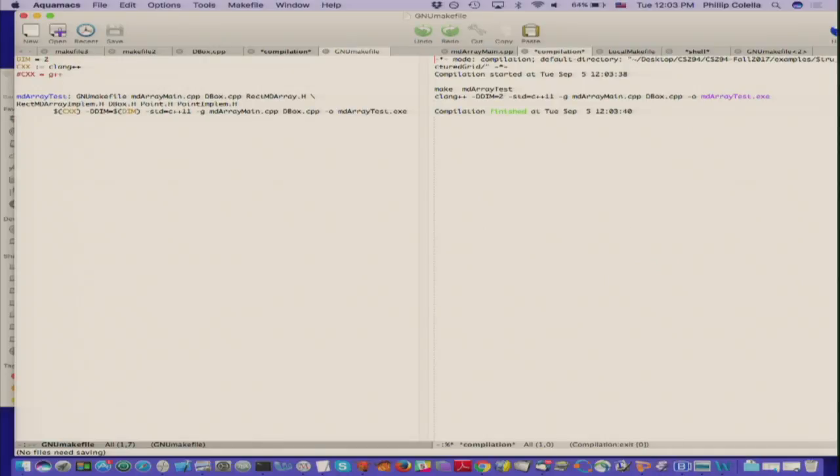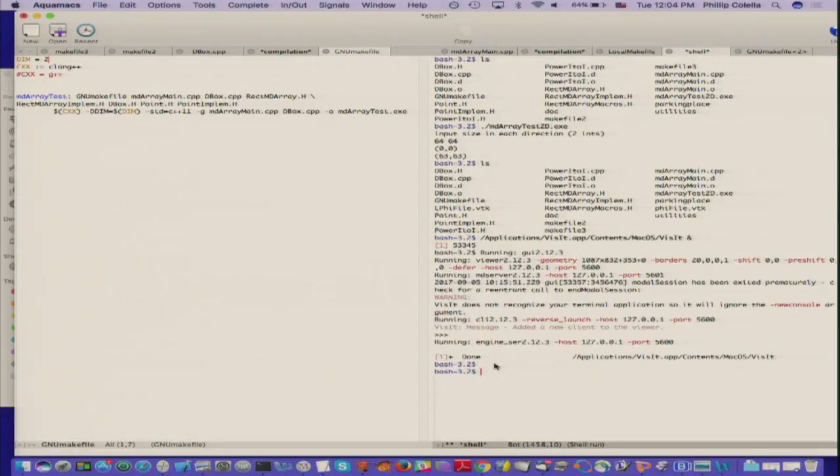and we're off. And in fact, here's the compilation output. It pops up in another screen. This is all Emacs magic, but it's good magic. It's popping up make mdarraytest, clang++, and it's showing me explicitly what the compile line was. Great. And then I get an executable. Now I have a shell running here, and I can just go ahead and